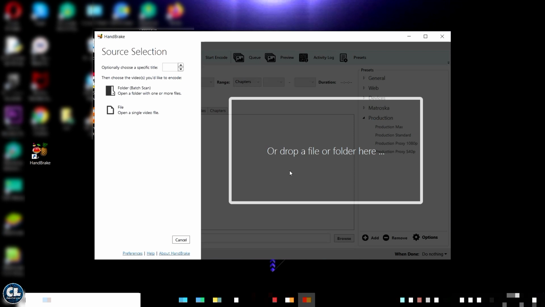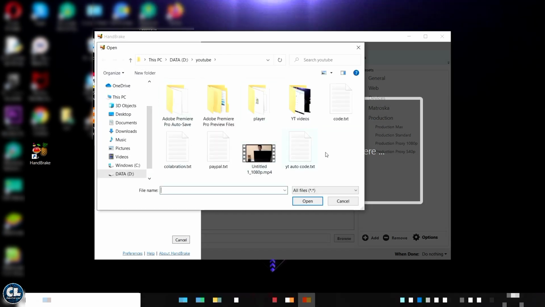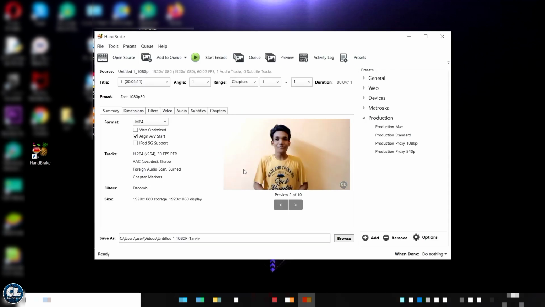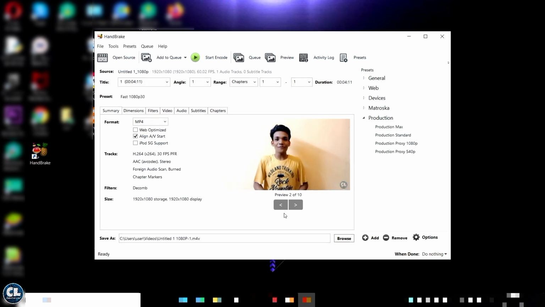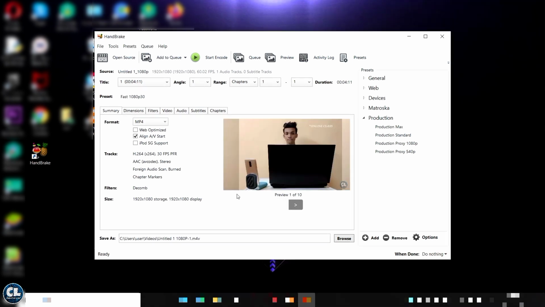For compressing more than one file, you can go for the first option, and if you only want to compress just a file at a time, you can go for the second option. Now select the video you want to compress, and I will go for this video for the purpose. For this video, the file size is 941 MB, and let's convert it into less than 100 MB. From here, you have to watch the video carefully without skipping and do the following settings. You can preview the video over here.